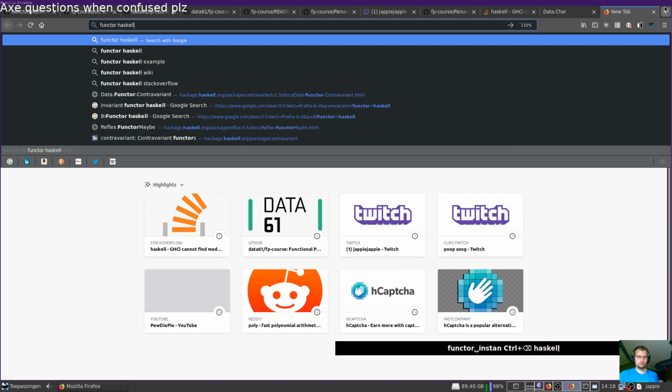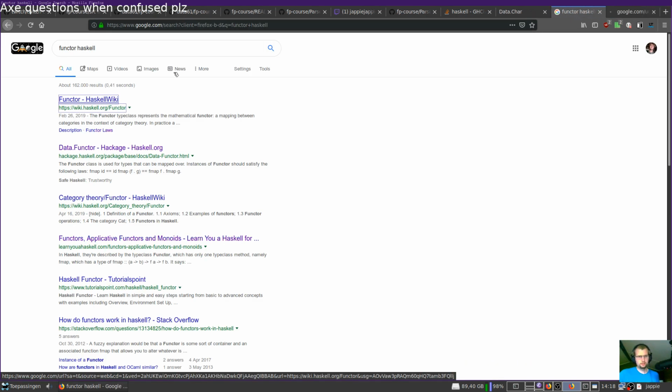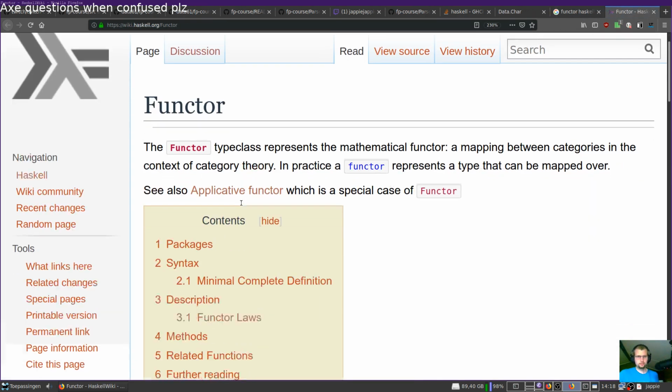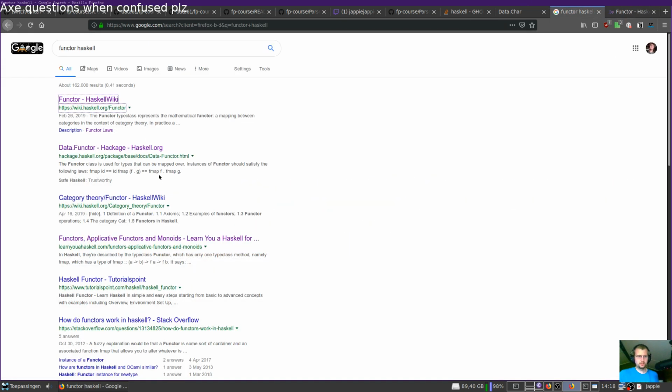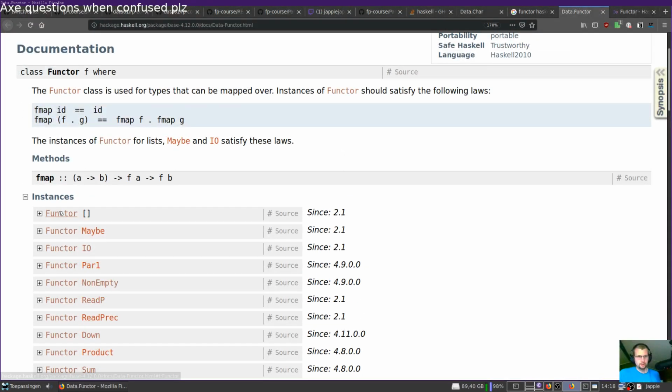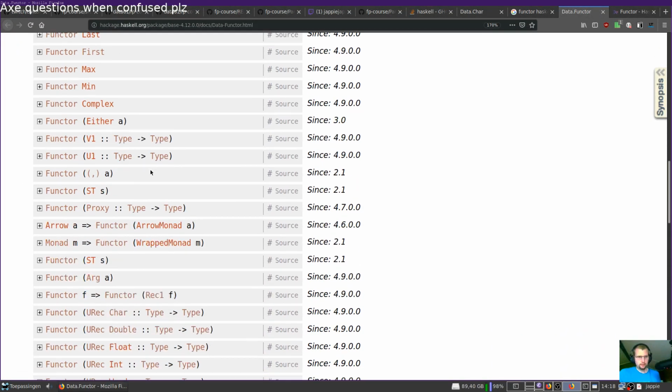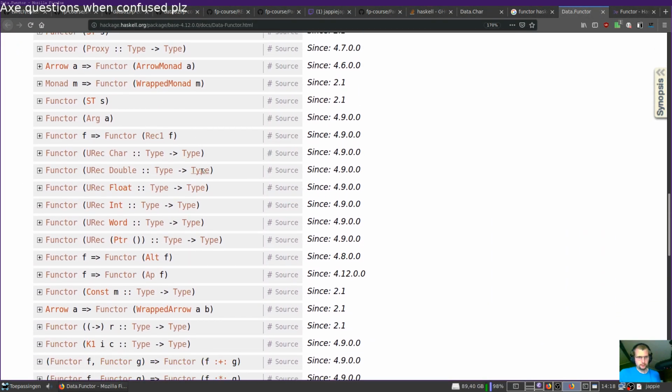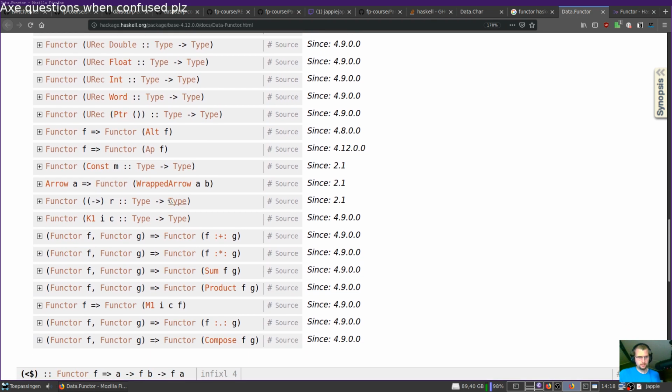Functor Haskell. Oh no, I don't want to have this. This is too much text. We only look at type signatures, right? We're Haskell. And function arrow implements functor. If you can find it. Here.